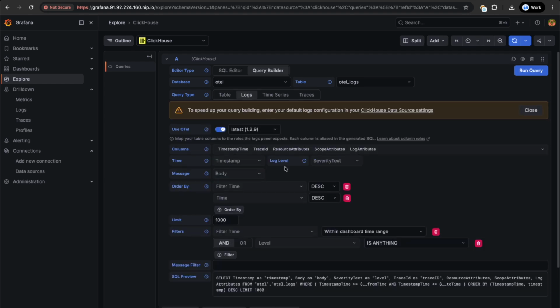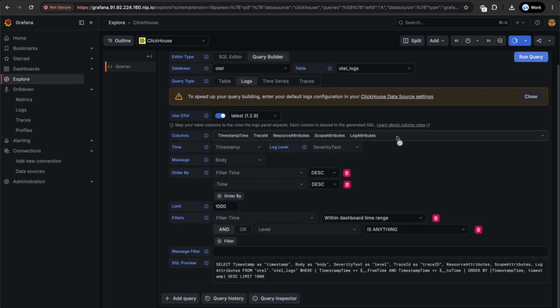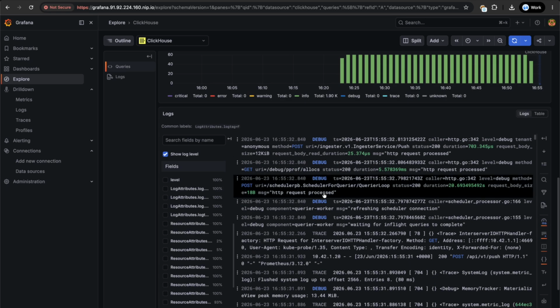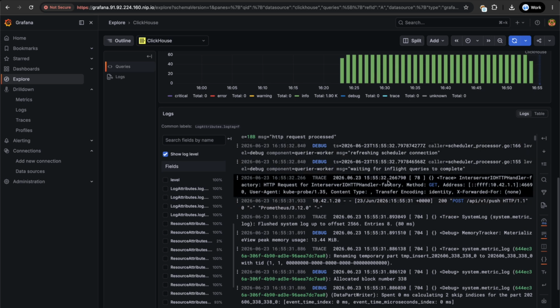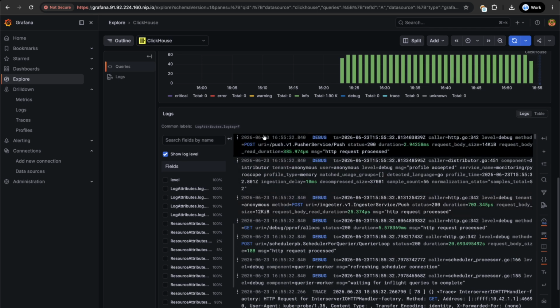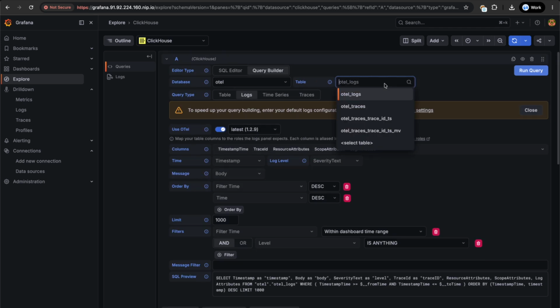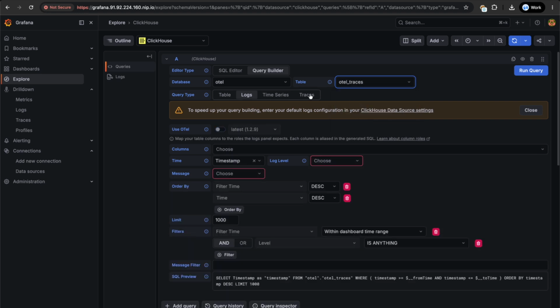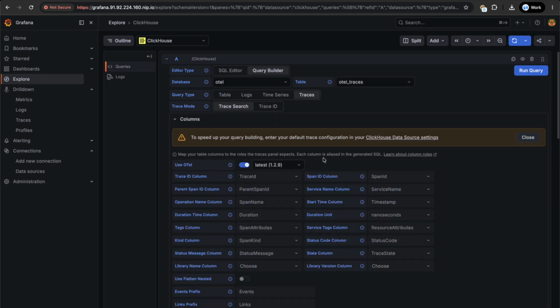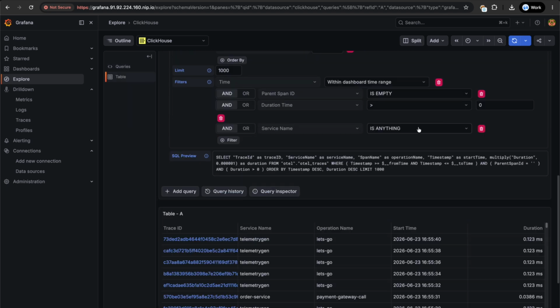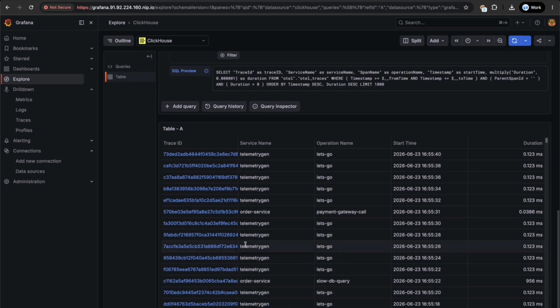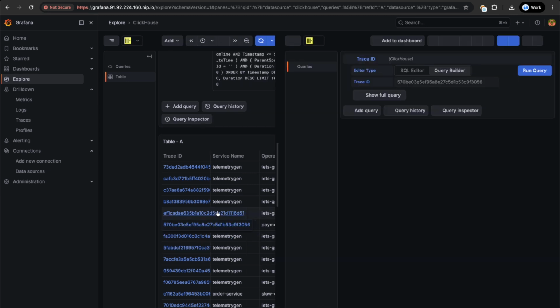I'm gonna do a very simple query for the logs, and you can see then in here a different output than before, but it's basically the same content. Exactly the same thing for telemetry. If I want to see traces, select traces using all the defaults. So run the query, and then here they are, the traces,